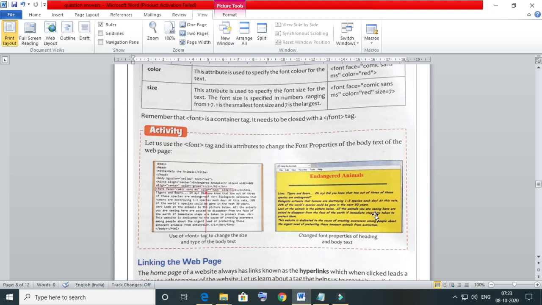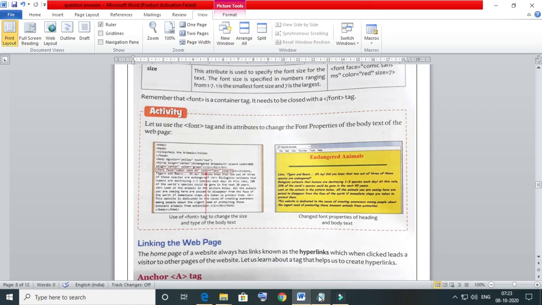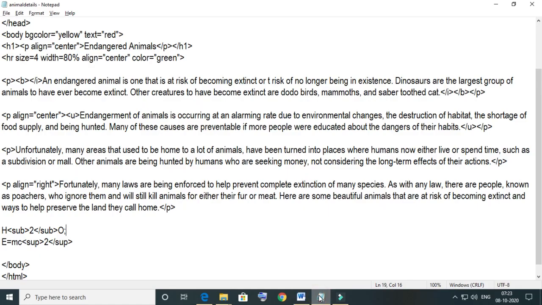So at first we have to use font face Comic Sans MS, color as navy and size equal to 3. Just use it in the notepad. Just mention it.